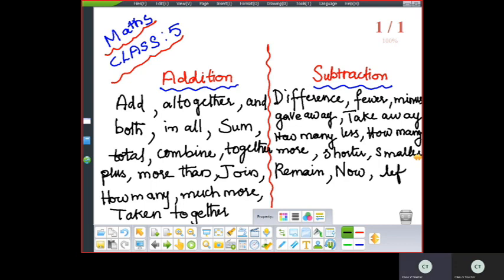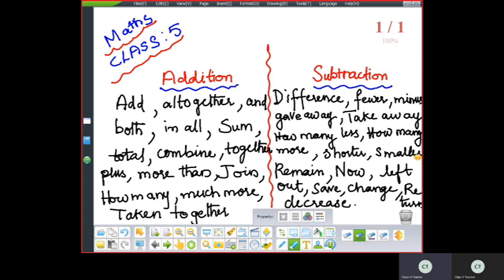Yes, and how much money is left out now? Okay, left out, save, change. Change is the balance amount. Okay, return. How much money you have to return. Decrease. Okay, so these are some of the keywords. Apart from this, many you can get, but these are some of the things which I have taken down. Okay, children. So please make a note of this one. Don't worry, I'll give you this all in the PDF file also.